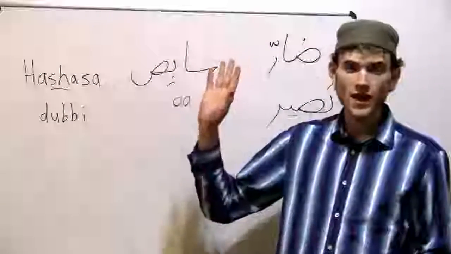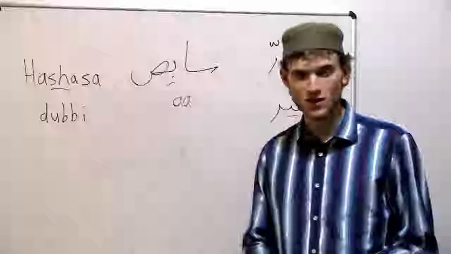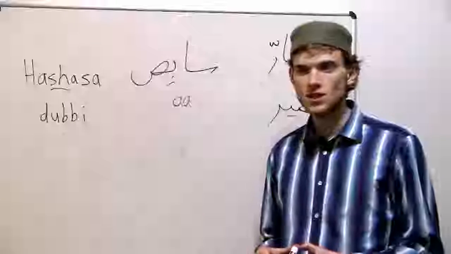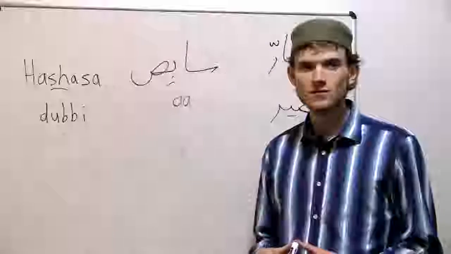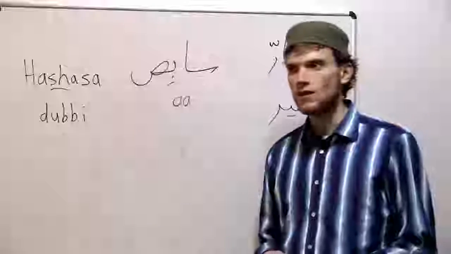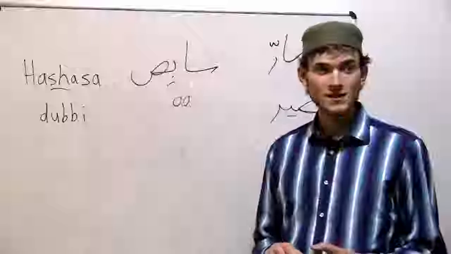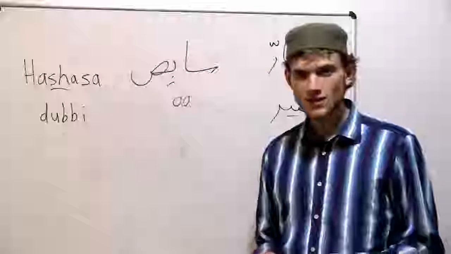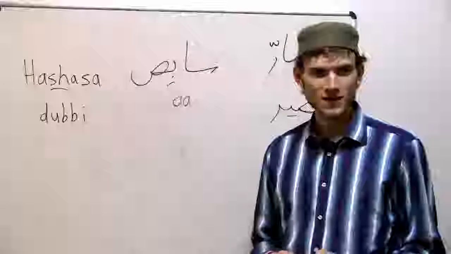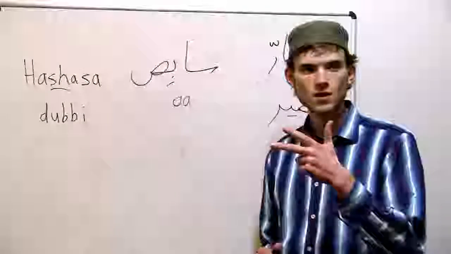Okay, everyone raise your hand when you hear an emphatic consonant. I'm going to go through the alphabet. So raise your hand when you hear an emphatic consonant, okay? Alif, ba, ta, tha, jim, ha, kha. Good. Kha, right? Because it's not kha, kha. Dal, dhal, ra. Good. Zay, sin, sheen, sad. Good. Dad. Okay, right. So far of the emphatic consonants we've had Kha, Ra, Sad and Dad.